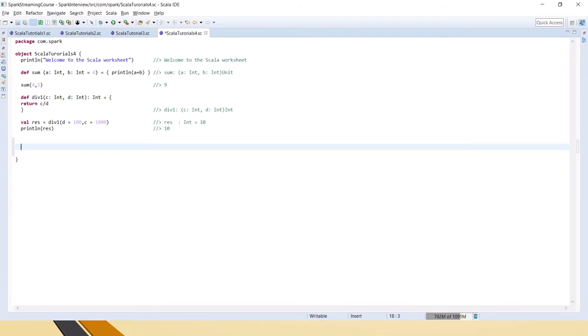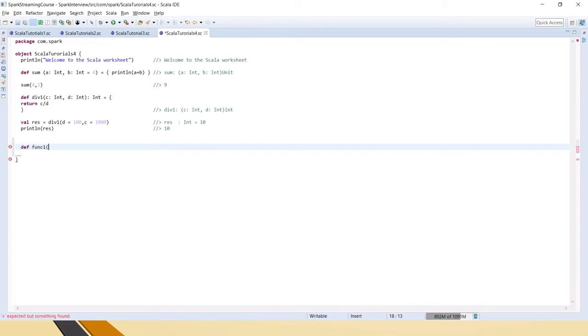And next one is nested functions. Nested functions means calling a function inside a function. Usually in the main also we will have multiple functions, right? If at all we are defining any functions inside main, that is also called nested functions. So let's say we will do something simple. We will define a function.